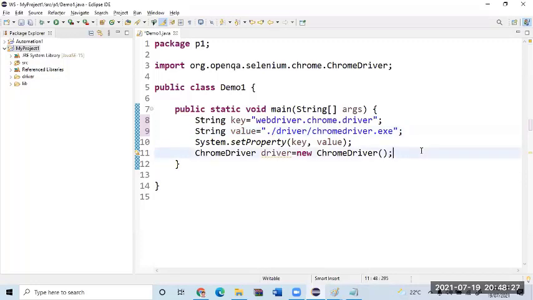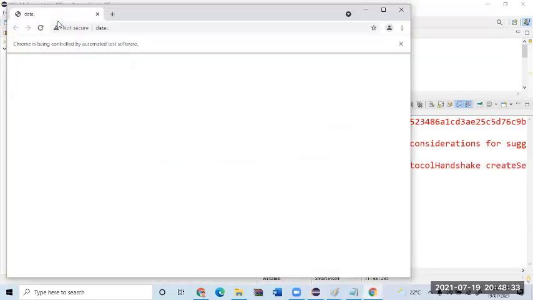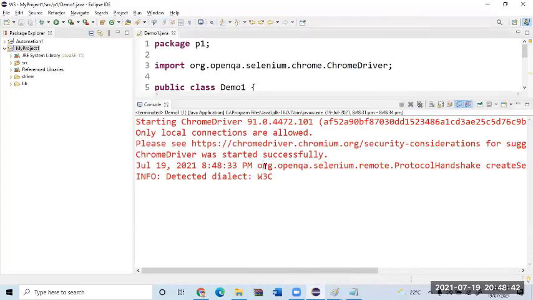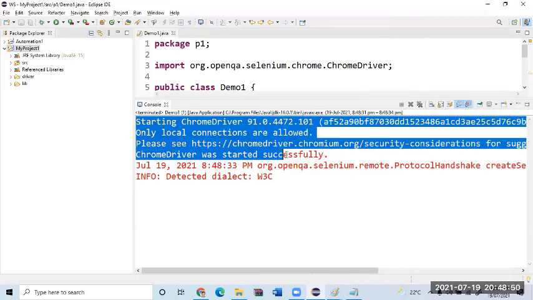Now, let me just continue this. Let us see what happens if I run it. See this. Can you see what happened on the screen? The Chrome browser is opening. Am I right? Yes. Oh, sorry, error. I'm getting it. Is it an error? No, sir. Tell me, anywhere does it say the word error?